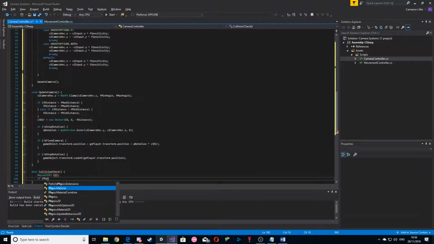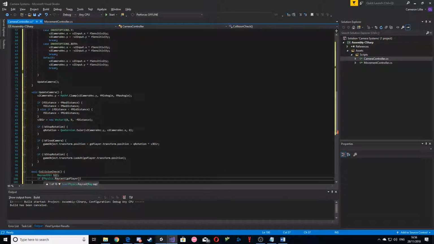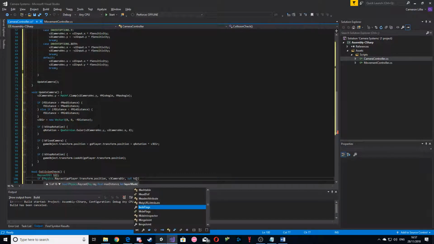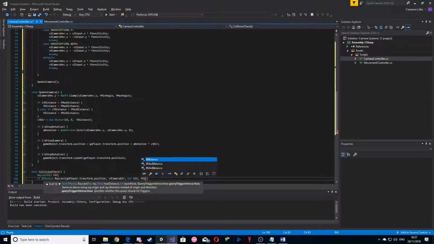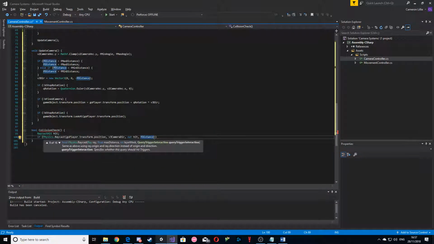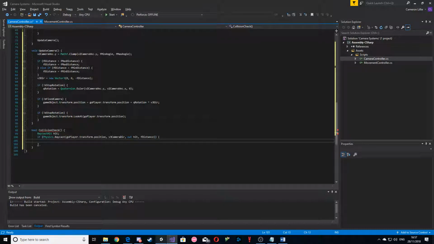So if we raycast from the player's starting position, going in the direction of the camera, outputting to hit, and with a distance of our current distance, f distance, then while this is true,